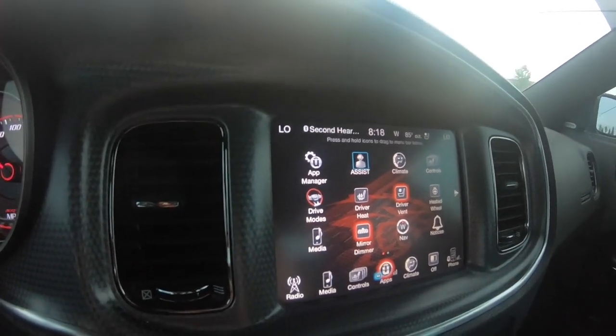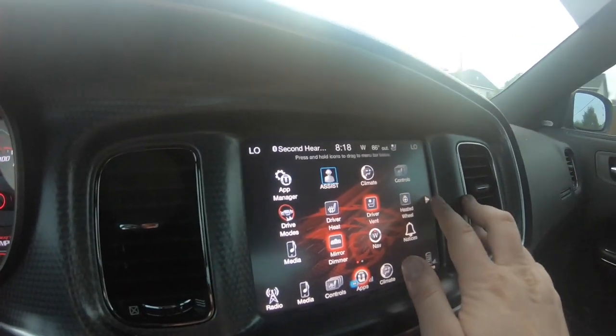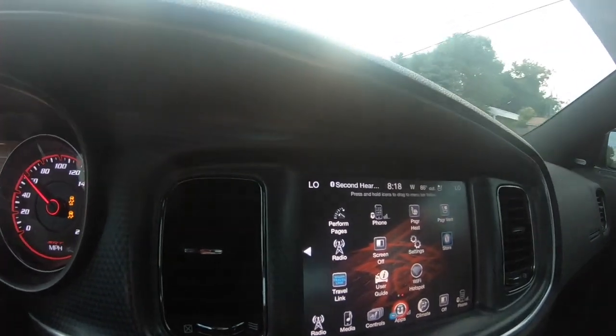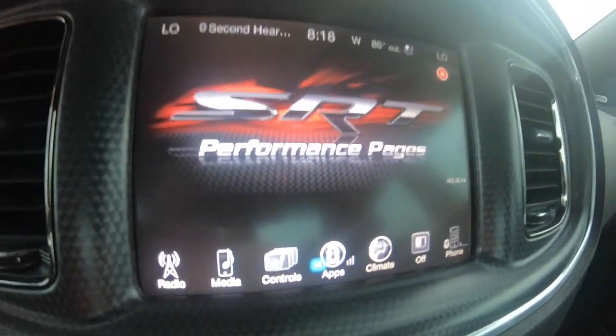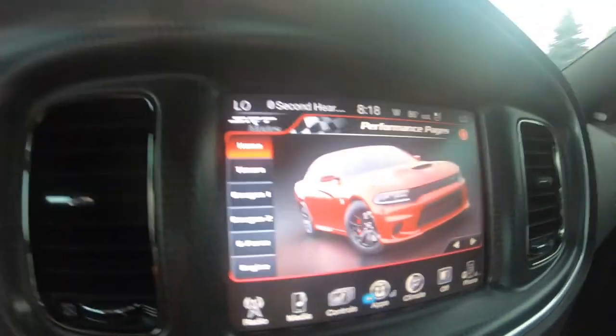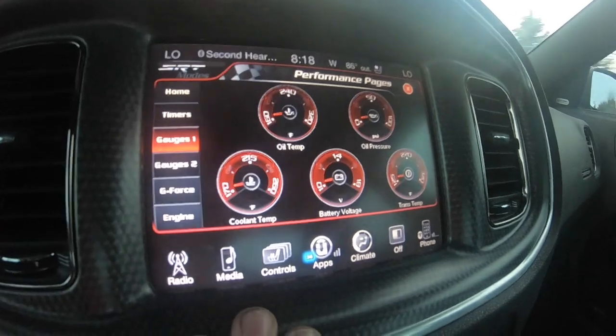Controls for the seats, for heated and ventilated seats, navigation, heated steering wheel, and performance pages. We can go there quick. There we go. And it kind of gets to the basic stuff too. So gauges, talks about